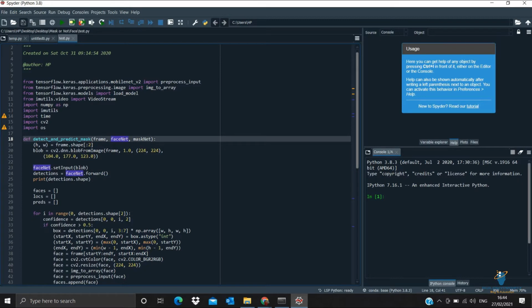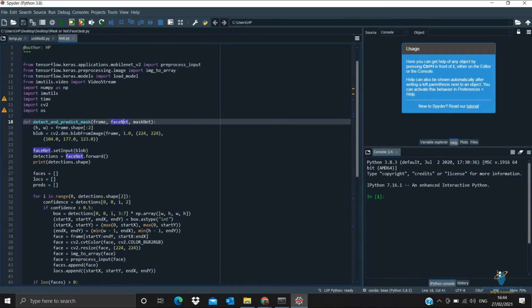With the help of a new keyword, that is height and width, we are giving the shape of the frame, and then we are framing the frame which we want. This is by default a number, and then we are trying to get faceNet dot setInput. We have trained our model, and now we are trying to detect whether the person is wearing a mask or not.